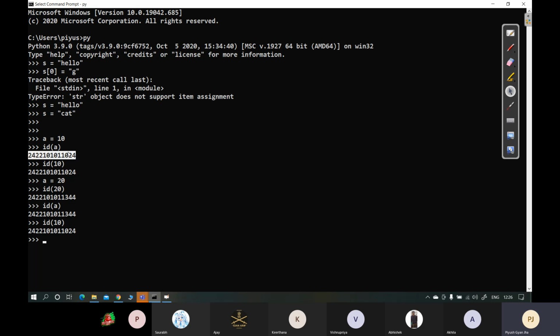तो ये प्रूफ करता है, this proves that these integer values are immutable. So once it is defined, it will occupy a memory block and it will continue to be there in the memory block as long as your system is running. ठीक है, and the moment you reassign it, ठीक है, तो इसमें हुआ क्या,